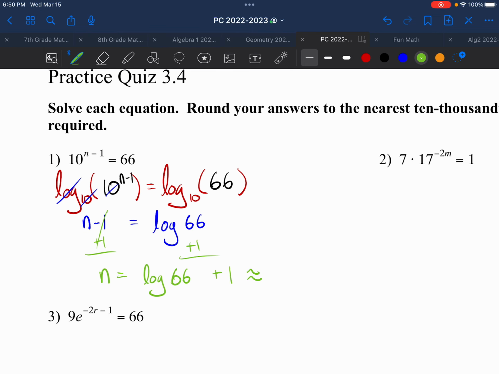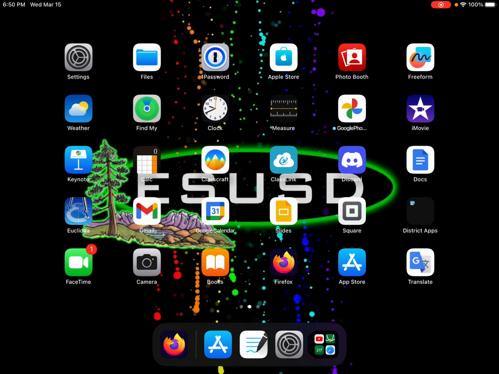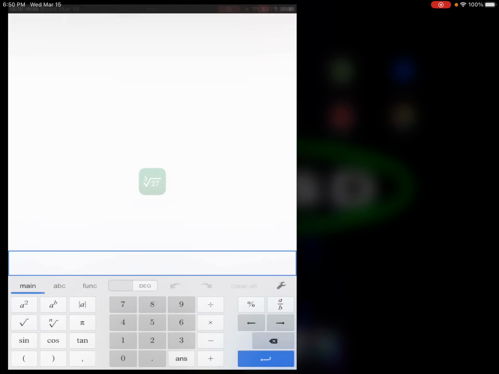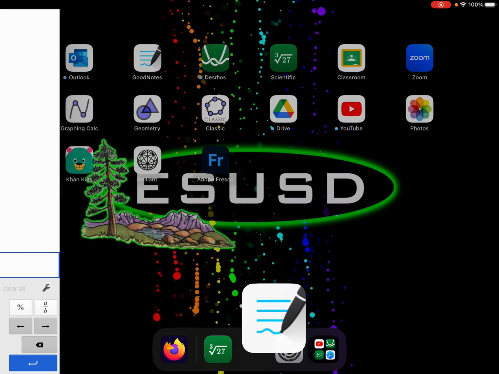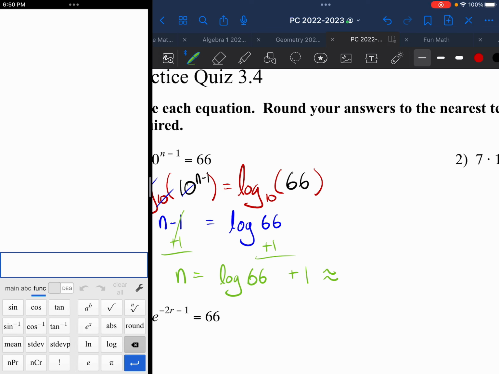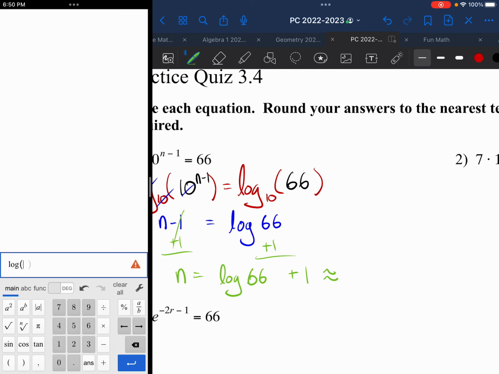And that is going to be approximately equal to, I should pull up my calculator. And where is my calculator? There we go. All right, now I have my split screen so I can type this stuff in. I have a log of 66, and then I'm going to add 1 to it. And I get